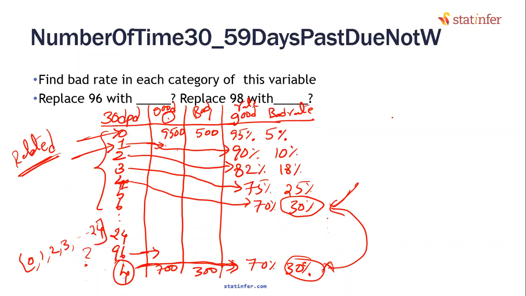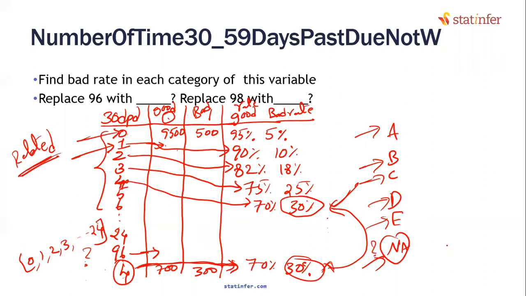Are you with me? Same way, even for categorical, country A, B, C, D, E, and then there is a country that is missing. You don't want to keep this NA. You want to replace it with either A or B or C or D or E. Which one will you replace? You look at the bad rate, and whichever country has a very near bad rate, need not be exactly the same, as this one. Let's say C has a very near bad rate. I would say that missing can be C.